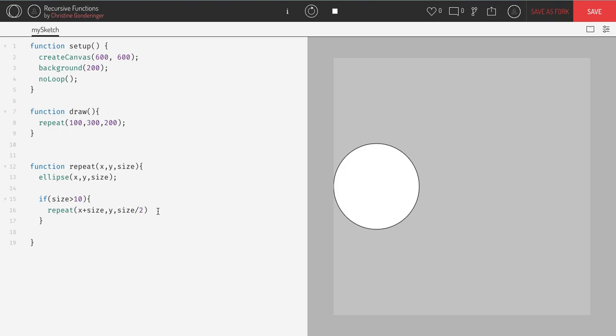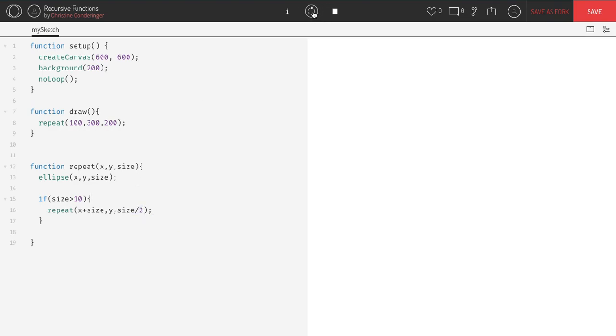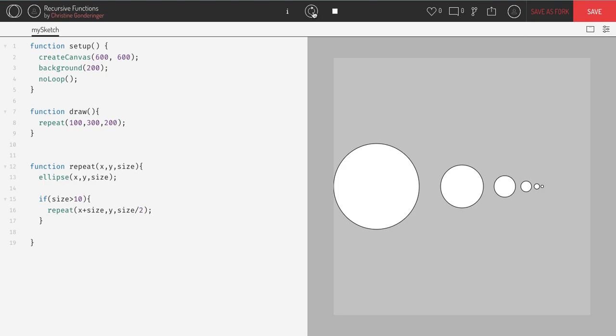divide by 2. So now what it's going to do is, as I call upon my repeat function, I'm going to draw an ellipse centered at the parameters. And then, as long as the size, the diameter, is greater than 10, I'm going to run the function again. So I'm going to circle back to the top. I'm going to shift to the right however big that first diameter was. And then I'm going to keep the same y coordinate, but my size, my diameter, is going to be half. So now when we run it, we should get this whole, yep, there they are,